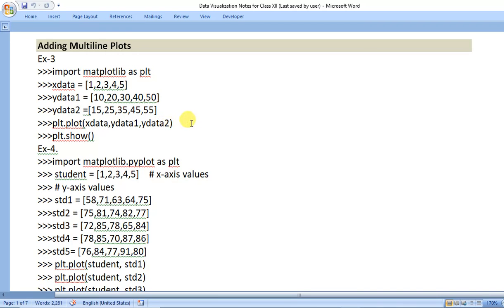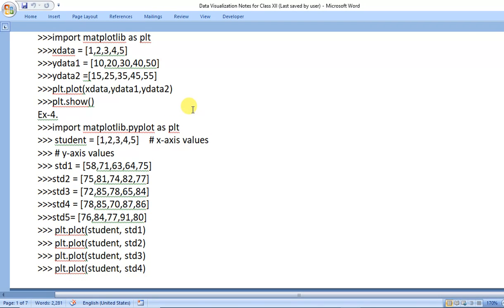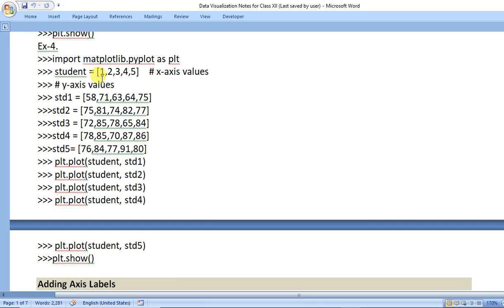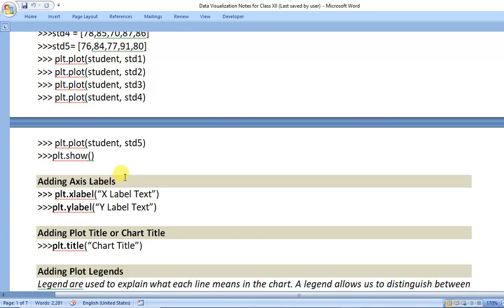In this way you can plot data. Okay, and import matplotlib as plt. So multiple plotting can be done on a single chart, so you have to pass the different data in this way.